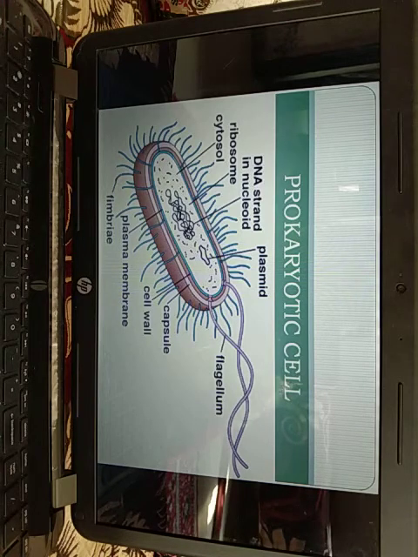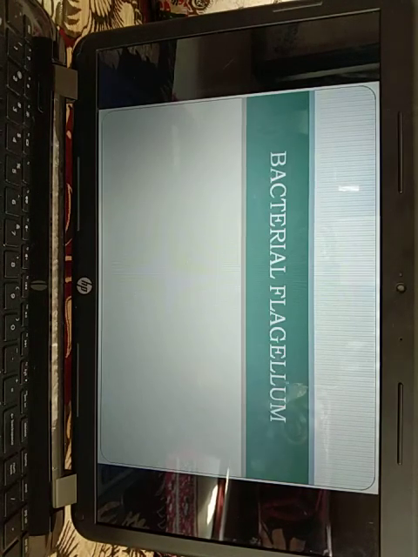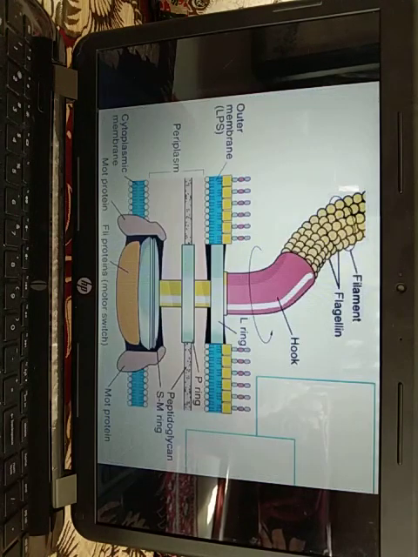Now next we have the flagella. So we have bacterial flagella. Bacterial flagella are unistranded, equivalent to a single microtubular fiber. It is about 20 nanometer, that is 0.02 micrometer, in diameter and 1 to 7 micrometer in length. A bacterial flagellum is made up of three parts: basal body, hook and filament. You can see in the diagram. The basal body is like a rod.